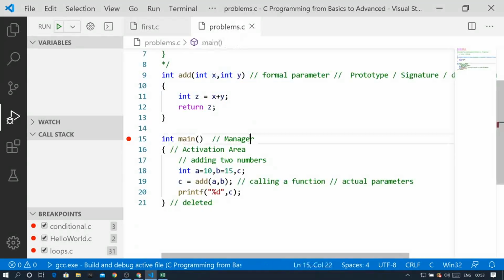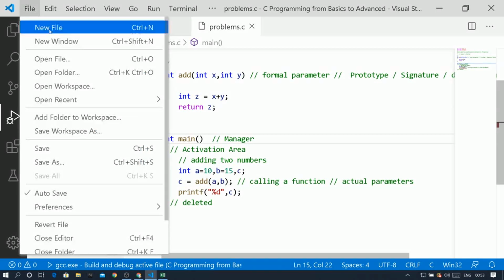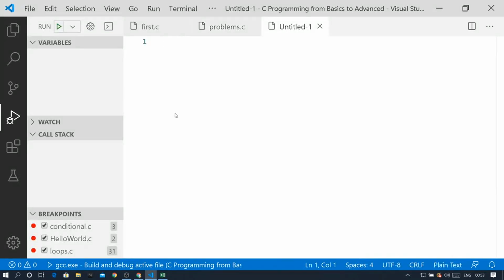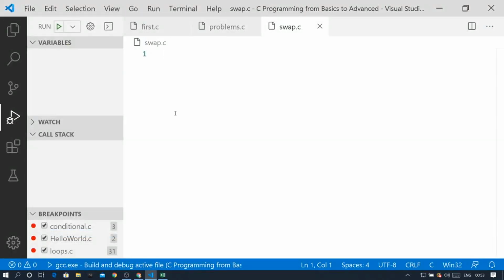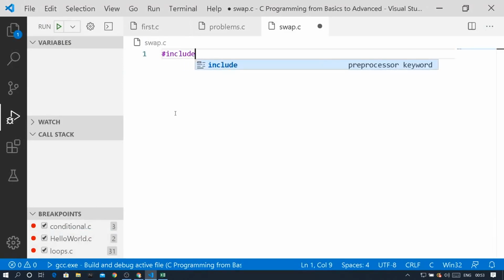This is call by value, and in order to make you understand what call by value is, I will take one more scenario and we will code it. What we are going to do is write a program to swap two elements. First of all, we will include